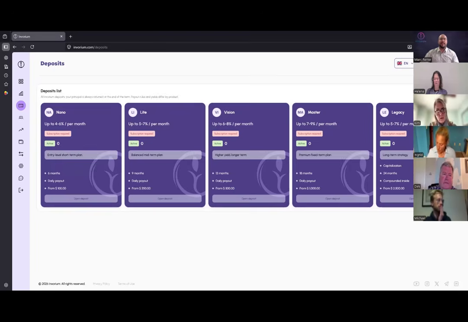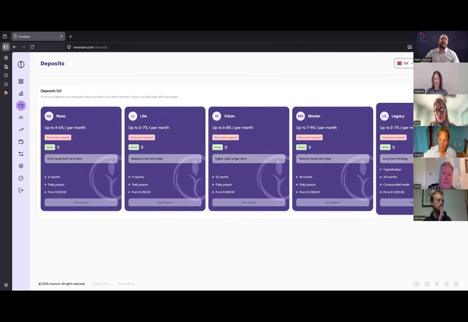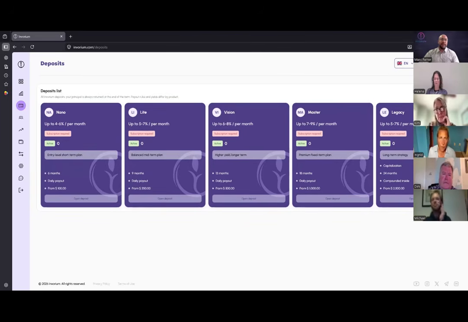5 protocols are presented, from the short-term nano to the long-term legacy with capitalization of interest. It is important to understand that Invorium doesn't engage in speculation. We act as a large lender for verified trading companies, providing them with liquidity under the collateral security. Traders use these funds in arbitrage strategies, and you and I receive a fixed share of the profit from their